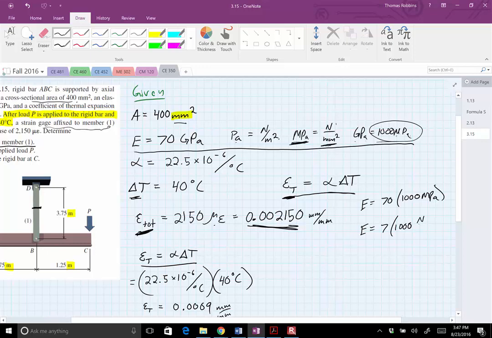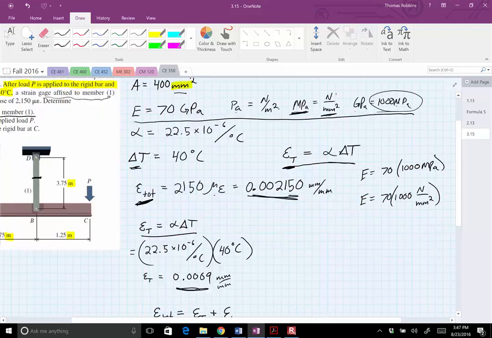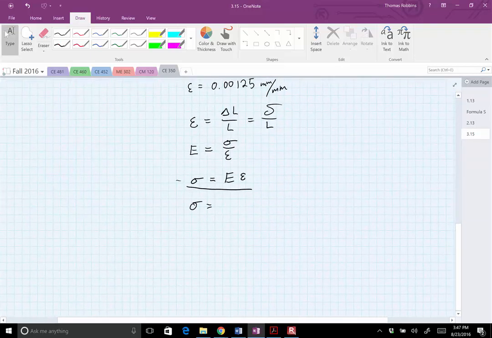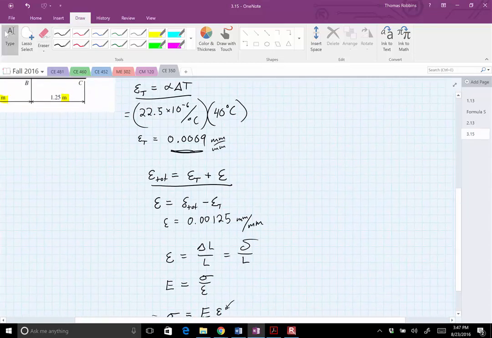So that's 70,000 newtons over millimeter squared, right? So we can write here 70,000 newtons over millimeter squared, multiplied to our strain,